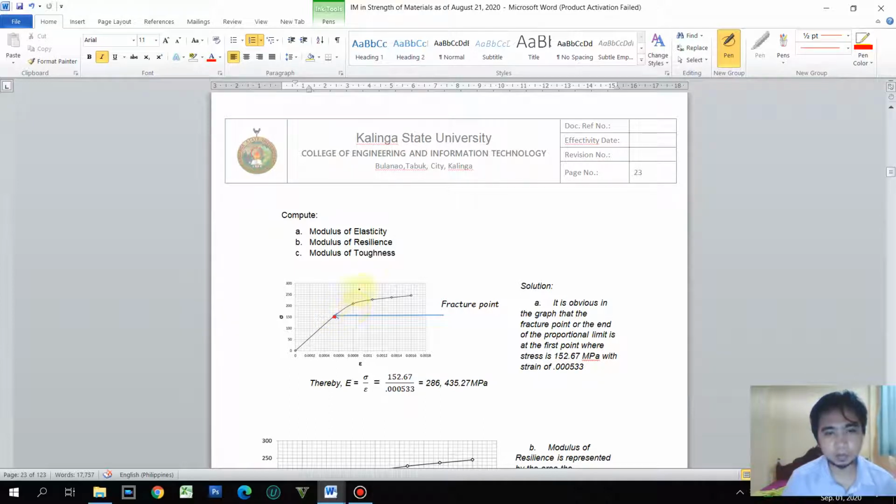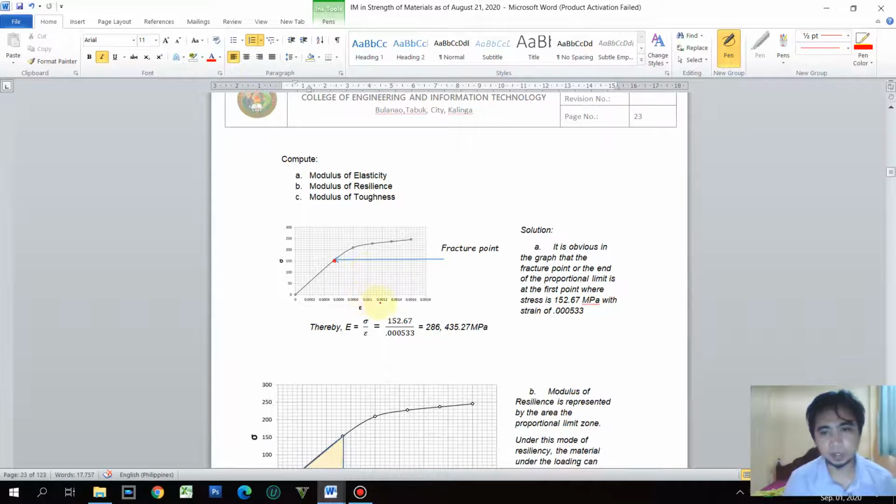and then we will have a point beyond the proportional limit, di ba? Ito yung proportional limit. So right after this, we have yield point, and then elastic limit, and then we have ultimate strength, and then the fracture, or the failure, or modulus of failure. Okay, so as a solution, so the fracture point, or the end of the proportional limit, is